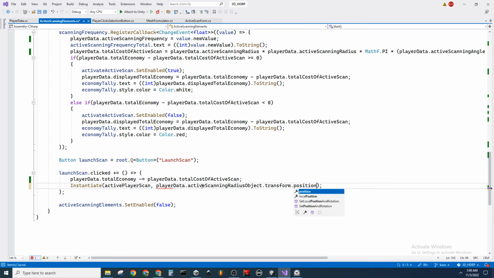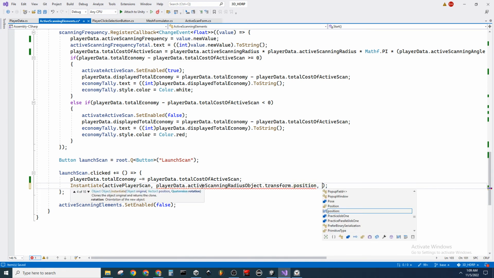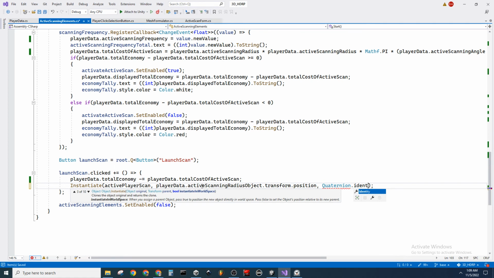This thing's position is where we are instantiating this scanning object, and we need to just use the identity turning. And that will not interfere with how the object is set up to instantiate, which will make sure that it does its transformations properly around the